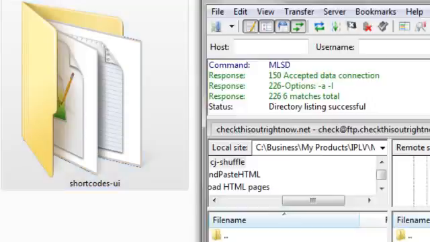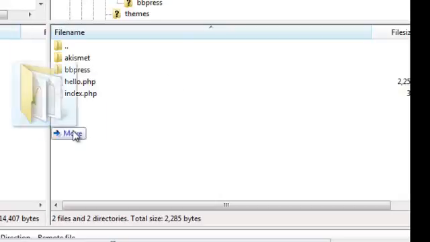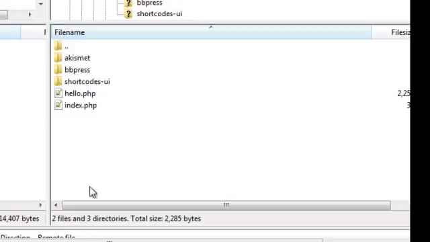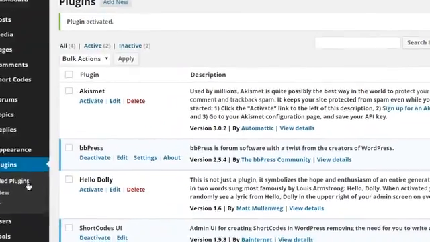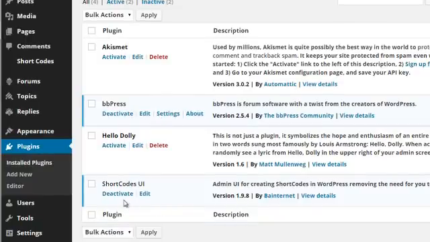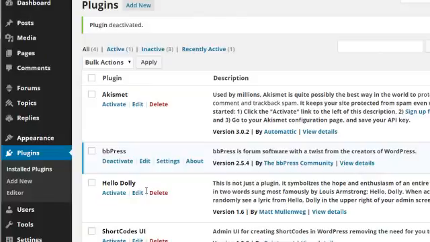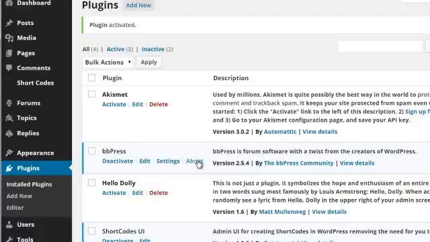You want to simply drag and drop it into the WP-content/plugins folder. We're going to drag and drop it here. We're going to upload the files. And then next, what we need to do is simply go back to the installed plugins page. So we click on here, and you're going to notice the Shortcodes UI. And by default, it's going to be deactivated. So all we need to do is simply click on activate, and we're good to go in terms of using